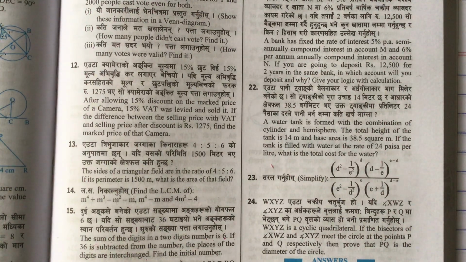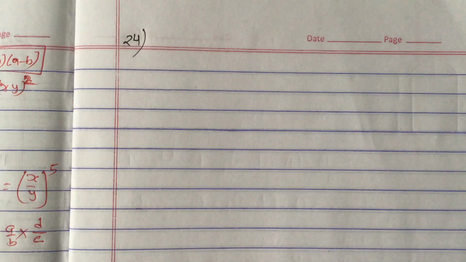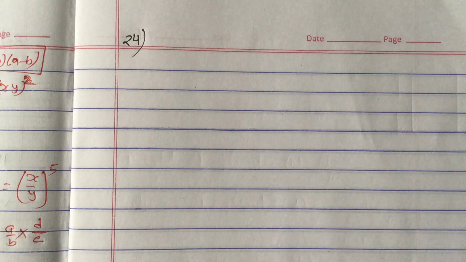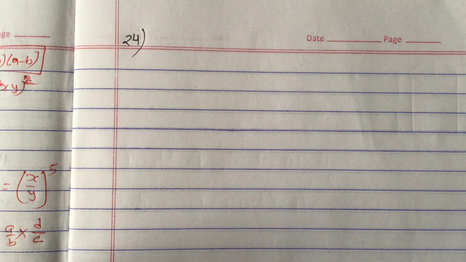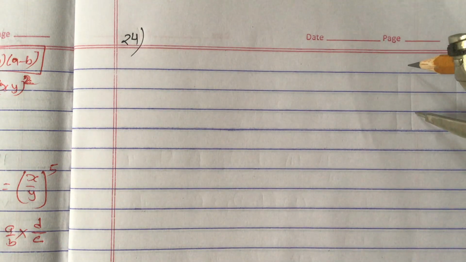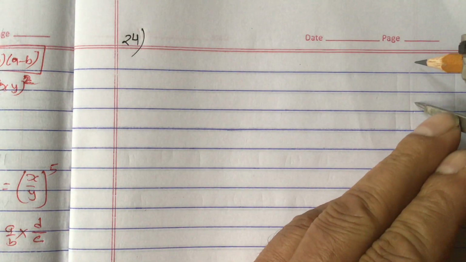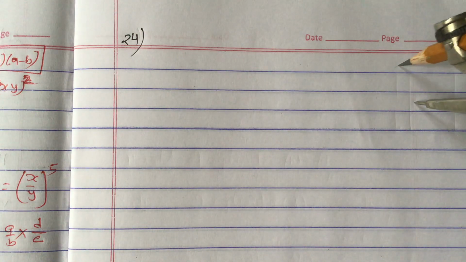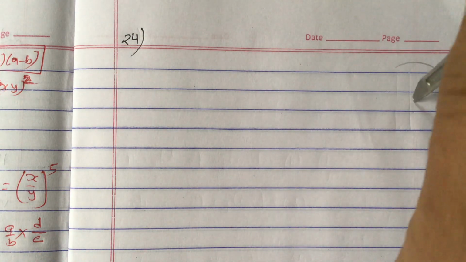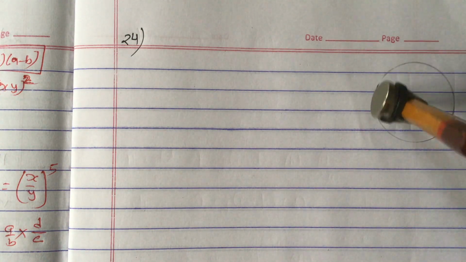So now let us do. First of all, we need to draw the circle here, and then we have to make the figure. For making the correct figure, you will get 1 mark here. If the figure is not given, while drawing the correct figure, you will get 1 mark. So draw it properly. Let us make a circle first of all.